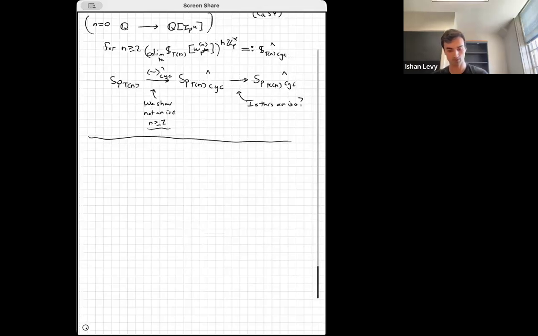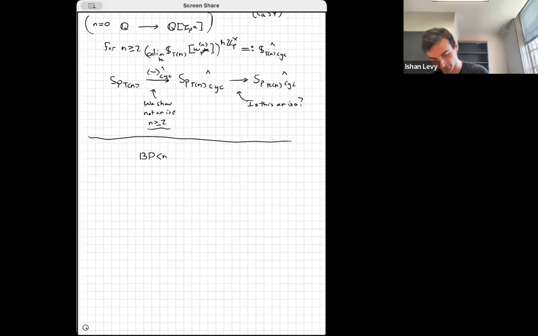So the disproof of the telescope conjecture uses algebraic K-theory. Namely, we construct a certain ring spectrum, a certain associative algebra inside spectra, called BP_n. These are known to exist. They're pretty nice ring spectra. For example, we completely understand their homotopy groups, which are just a polynomial ring on v_1 to v_n over the p-local integers. And what we construct is certain automorphisms of this ring, which we call Adams operations.